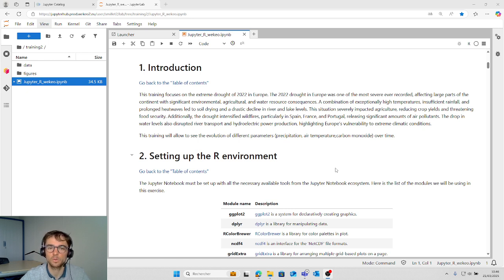In this training, we will see the evolution of different parameters over time: precipitation, air temperature, and carbon monoxide.